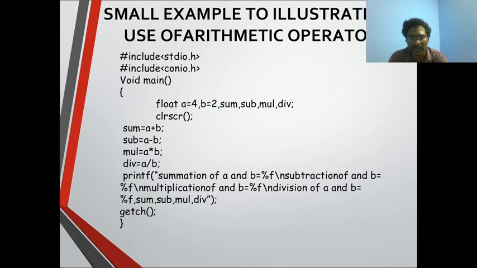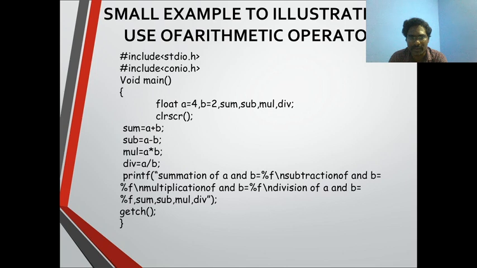Here the example denotes the arithmetic operators. For arithmetic operators, we know the basic addition, subtraction, multiplication, and division. These are the operators we use for arithmetic operations. Here the example denotes the basic operations. The sum, subtraction, multiplication, and division are all assigned to variables of the float data type, and they are stored in the respective variables which I have declared as float. After that I am printing the result by using the printf statement.